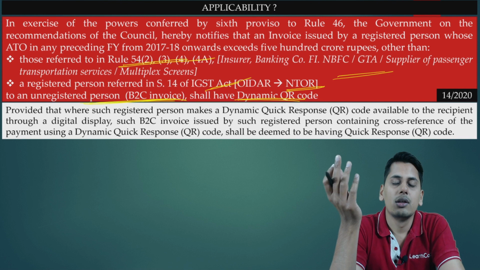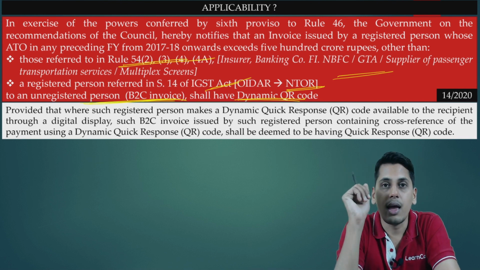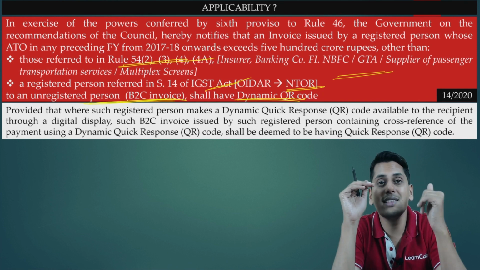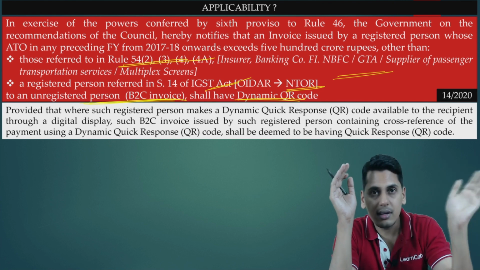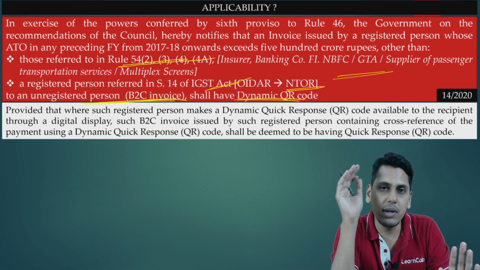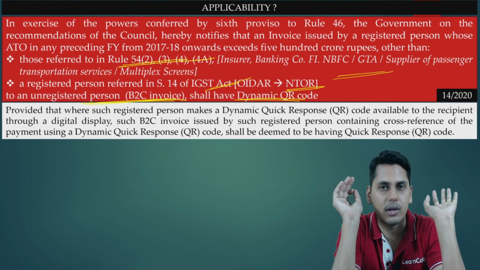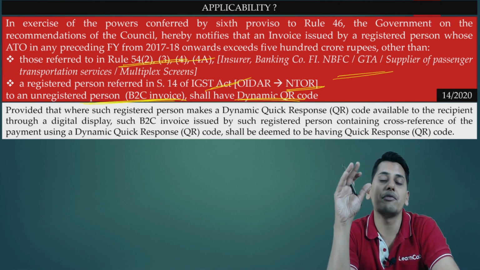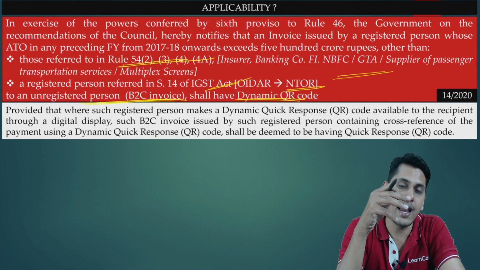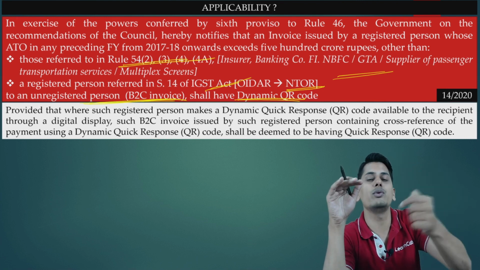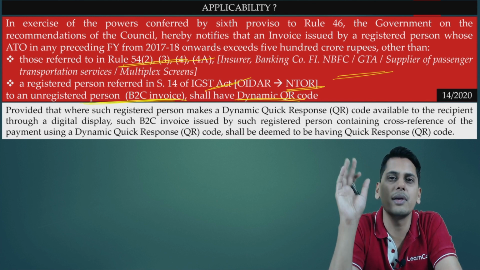Let's suppose you go to a mall, you go to a shop, you carry out the shopping, and after it is done, you go to the billing. At the billing counter, when the bill is being generated, the supplier just places a screen before you and shows you a QR code from the display in the computer or billing system. It is the digital display of a dynamic QR code, and he asks you if you want to scan and make a payment. So you scan it. It is a dynamic QR code, unique to each invoice. The details of the invoice come directly, the amount also comes, and you just make the transfer.